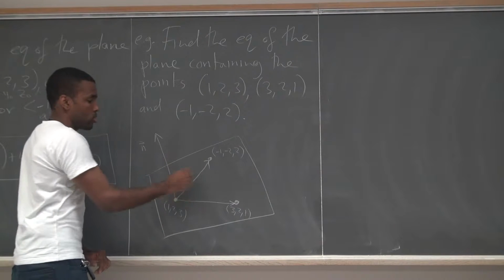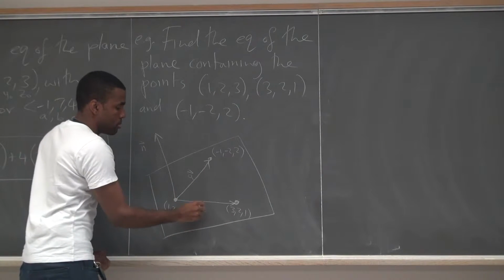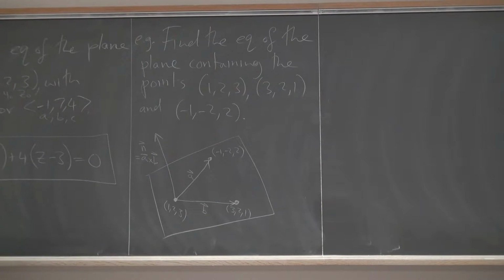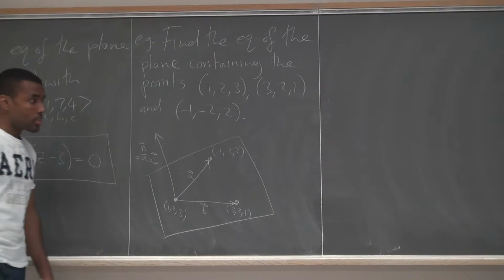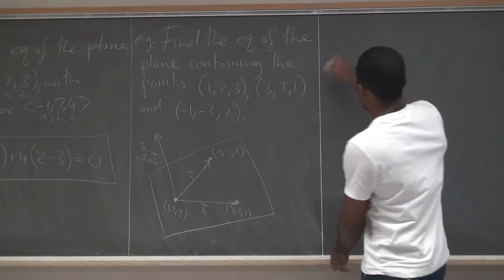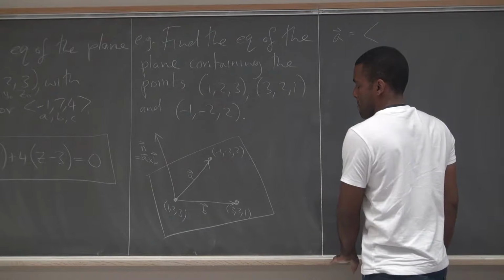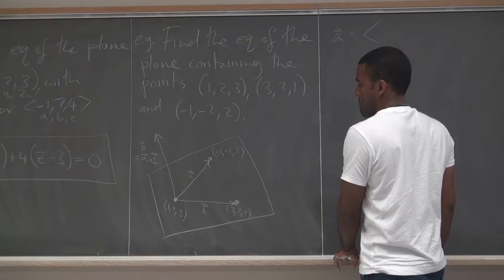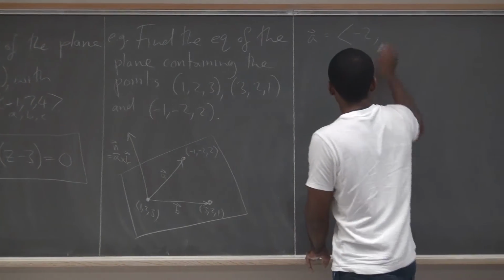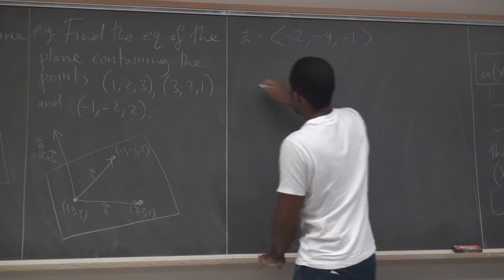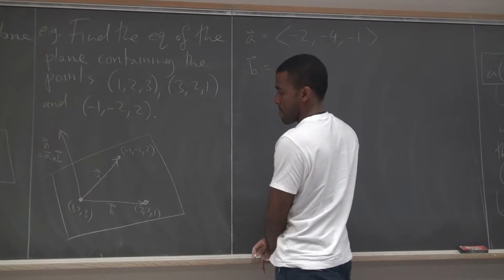So if you call this vector A, call that vector B, then n is going to be equal to A cross B. Well, technically it's minus A cross B, but who cares? A cross B, that's good enough. So that's what we're going to do. So here we know that A is the vector, what's the vector A? 2, -4, -1, vector B, 2,